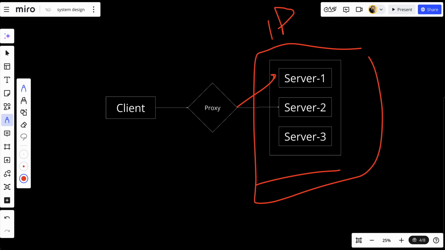So, in system design, reverse proxies are typically placed between the client and the backend servers. They intercept all incoming requests and decide where to send them. This placement helps improve scalability, security, and performance. I would say